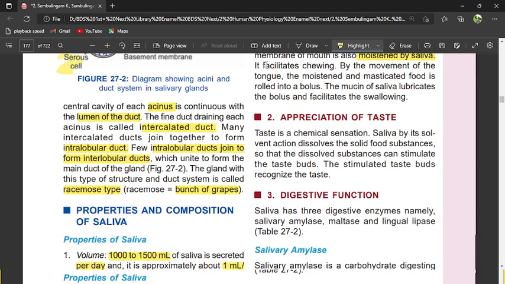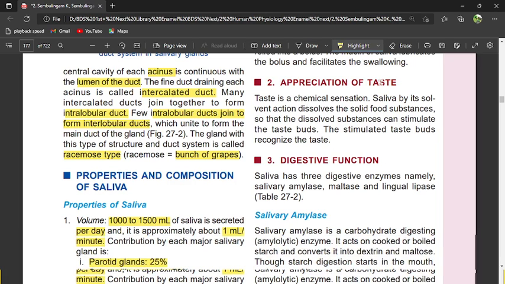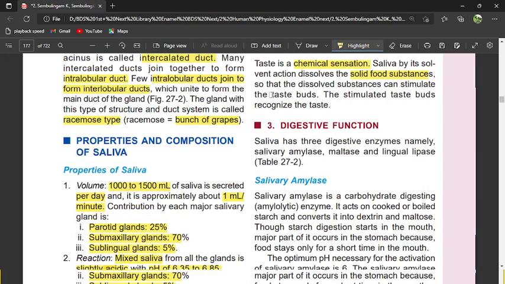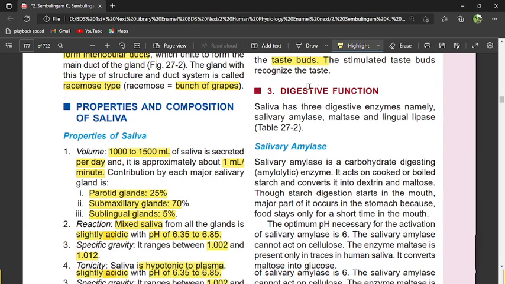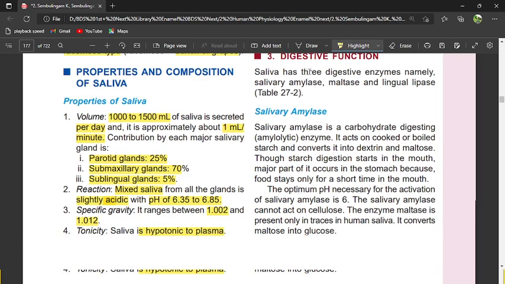It also facilitates chewing by the movement of the tongue, so with the movement of the tongue, moistening and mastication, the food is rolled into the bolus. The saliva lubricates the bolus and also facilitates swallowing, okay. Then taste, you know, right? So what it will do, chemical sensation, it acts as a solvent. When some food is dissolved, you will know what is in it by tasting, there are taste buds, to recognize taste this is needed, it comes after dissolving. Digestive function: saliva has three digestive